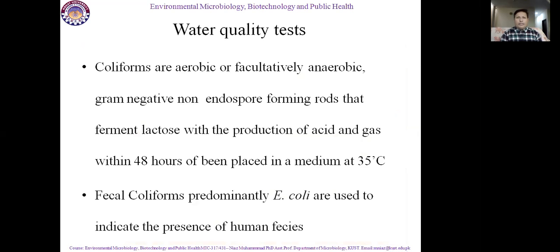So, water quality testing. Before consuming water or before supplying it to the community and its citizens, it is very necessary, and it is the responsibility of the state. They must maintain and check the water quality. If water quality is up to standard, they must supply it to their citizens and people. If water quality is compromised, and they provide it to their citizens, they will suffer from different diseases and